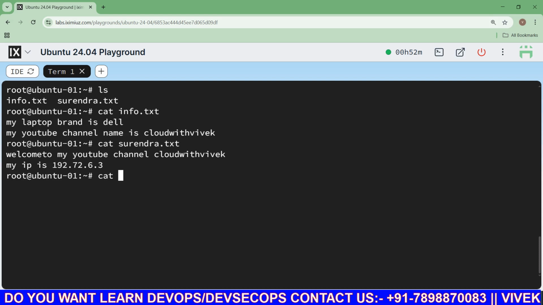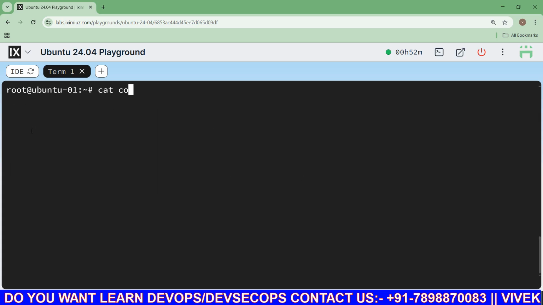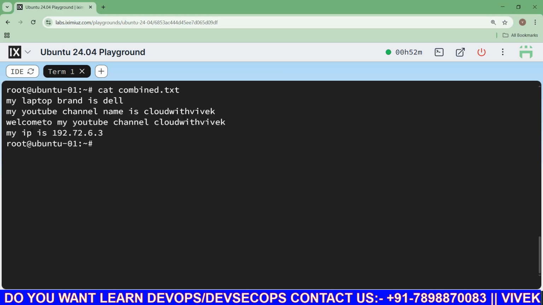After that, the name of the first file, so the file name is info.txt, then suren.txt, and here I want to create a new file, combined.txt. So it will copy the info.txt data and the suren.txt data inside combined.txt. Now I want to read the data of combined.txt. So you can see that both files' content is available here.